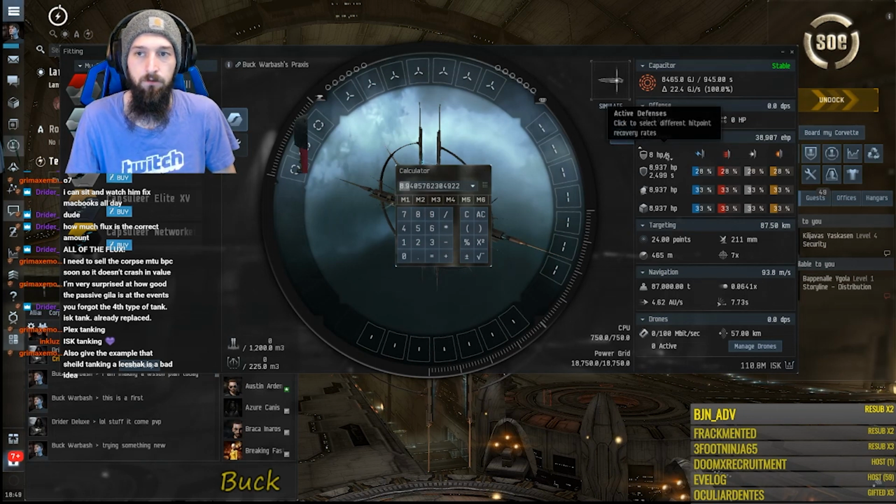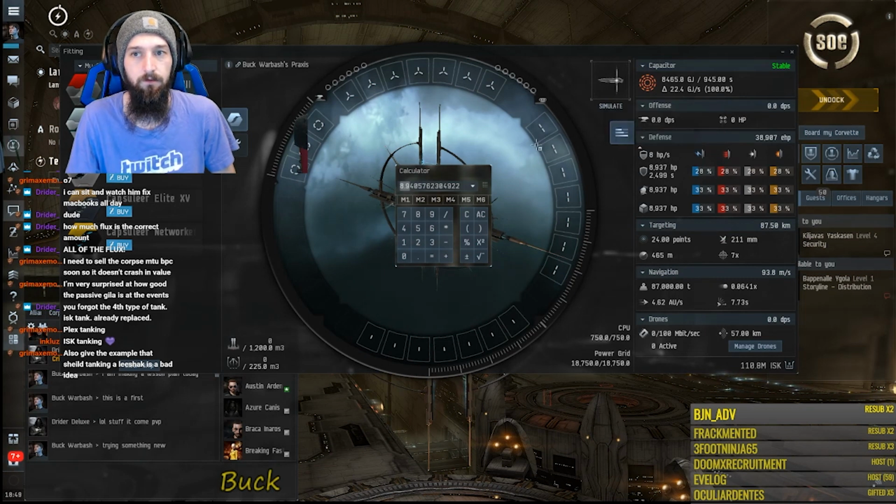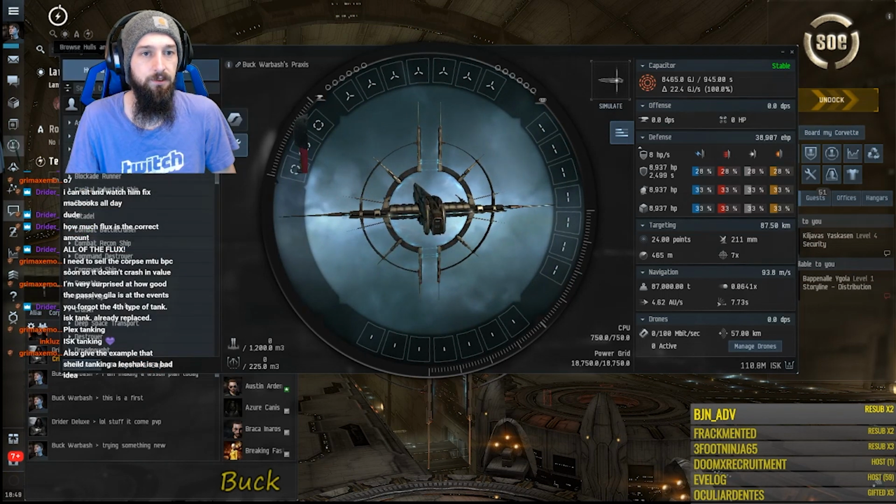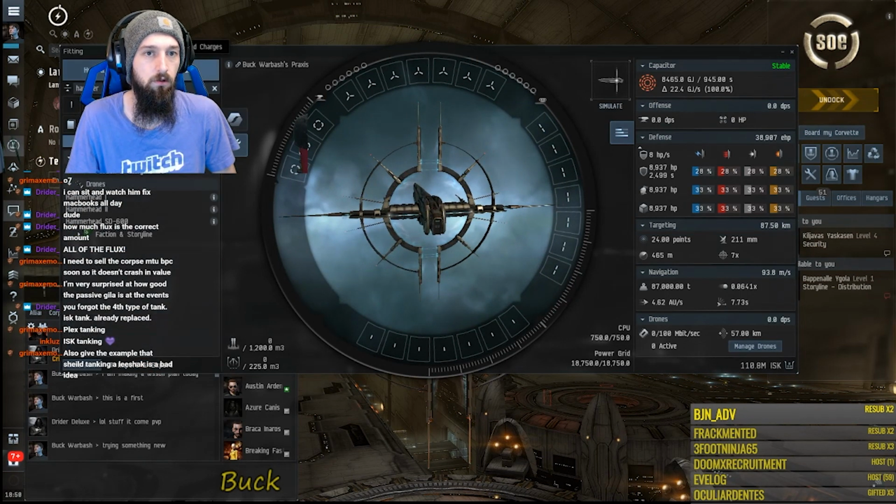So this is how we talk about passive. An active fit for shields would be referred to as a fit that uses a module called...